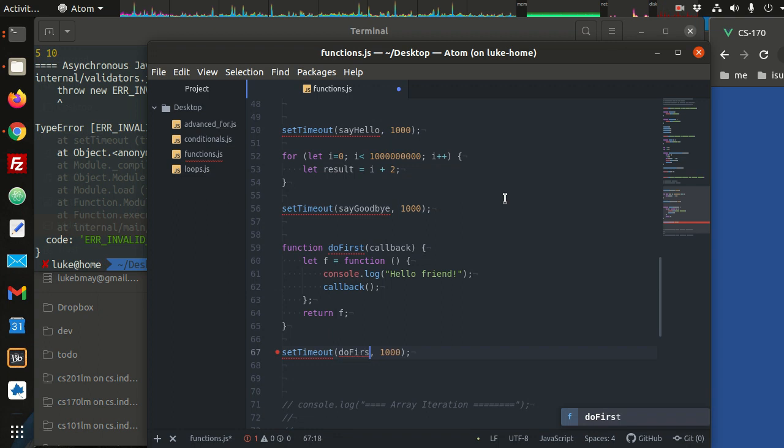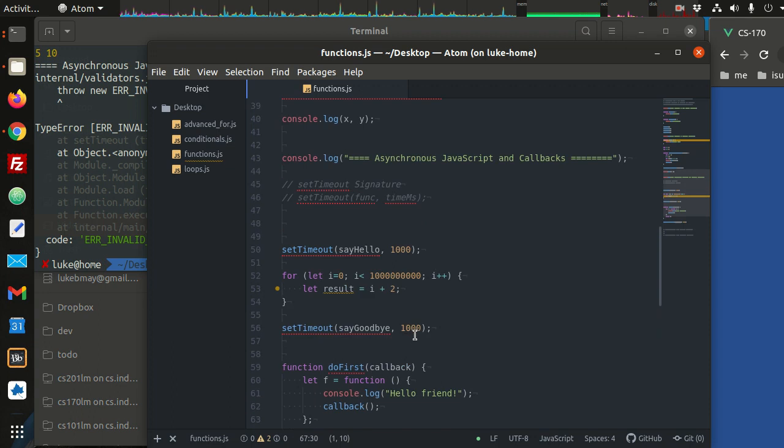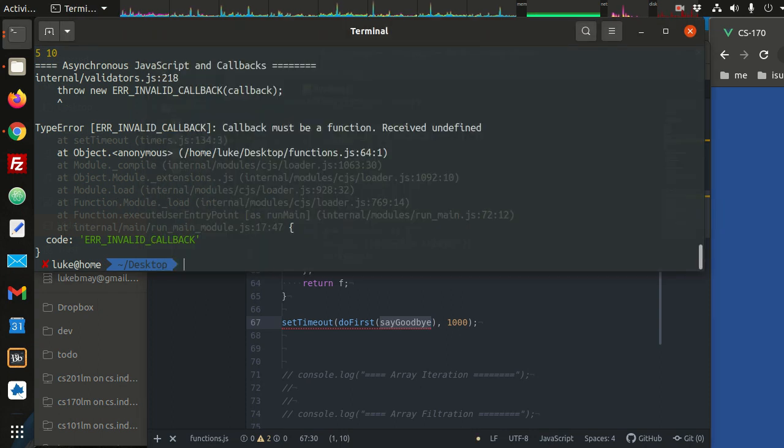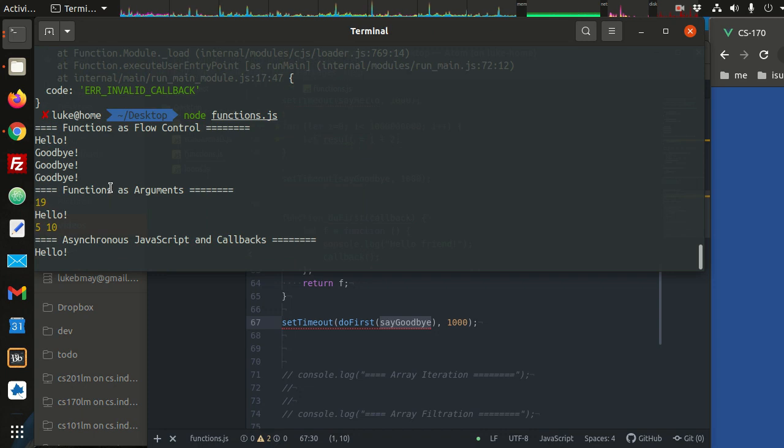So here I can say do first, and this is a function call. And what I'll pass in is say goodbye. Now this is an expression. It's a function call. Do first takes in a function, say goodbye. It creates a function. Inside of that function, this is mimicking the say hello, and then whatever it takes in, it's going to call. So since we're passing in say goodbye, it means after it says hello friend, it's going to say goodbye. But we could pass in something else here, like we have print 2. So we'll do that next. So if we run this, hello friend, and then